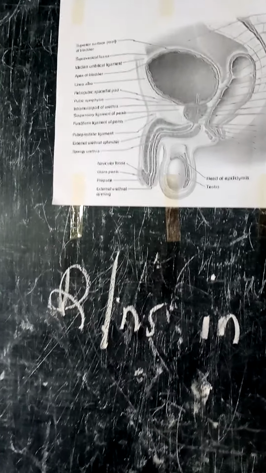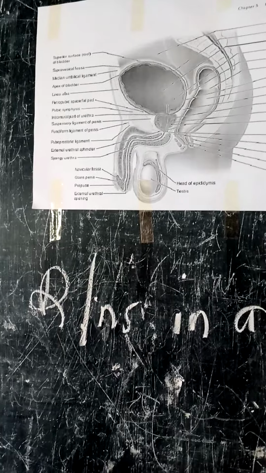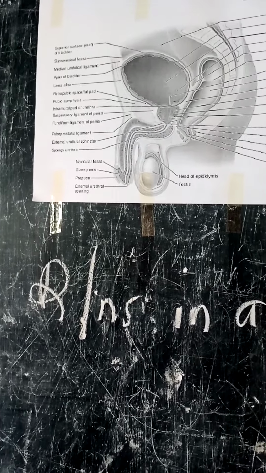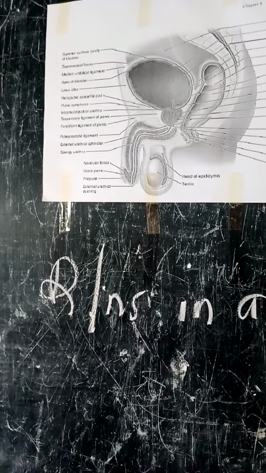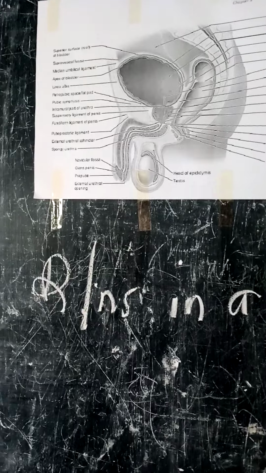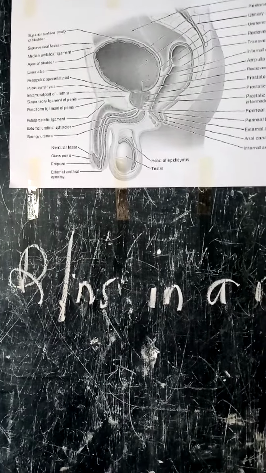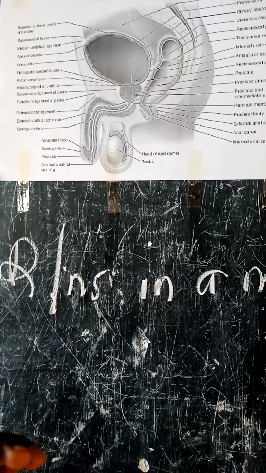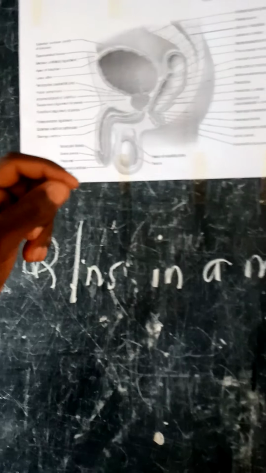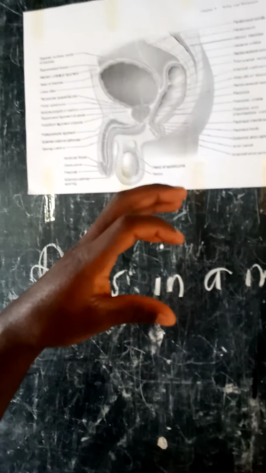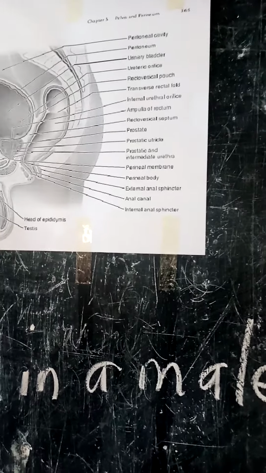Then to continue, we can talk about the relations of the anterior border of the bladder. The anterior border of the bladder, I didn't talk about it earlier, but it is actually the meeting of 2 inferolateral surfaces, where they meet in the anterior area. Below the apex, they form that anterior border. So that anterior border is behind the retropubic fat. This retropubic fat is found in the retropubic space, and that space is also called the cave of Retzius. So it contains fat, and it is this retropubic fat that separates the anterior border from the pubic symphysis.